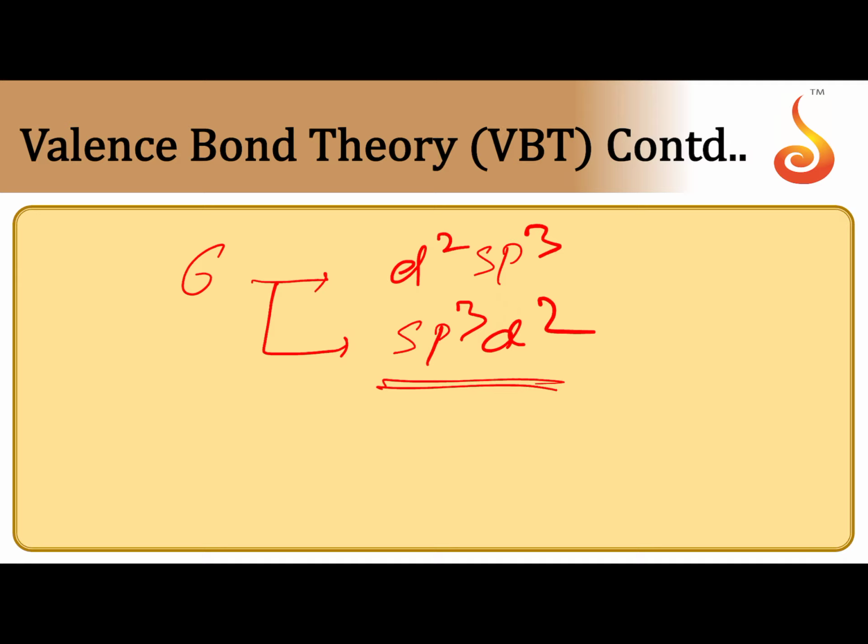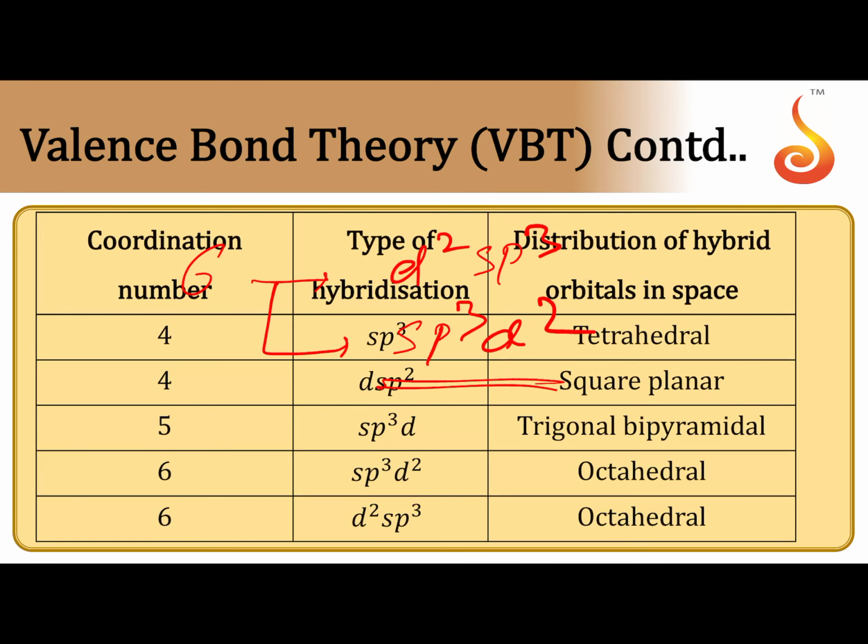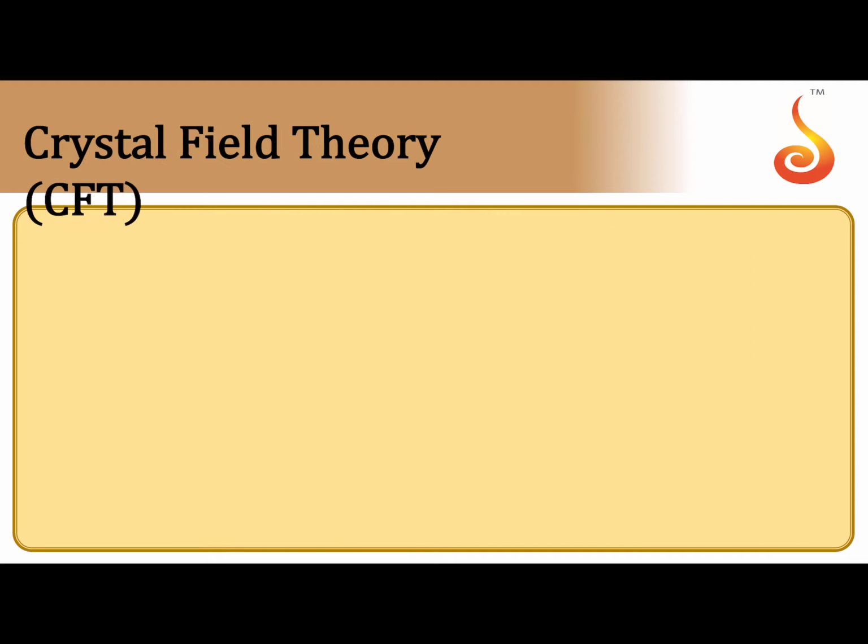So the hybridization: empty orbitals required to accommodate the dative bonds, based on the coordination number, undergo hybridization. When there are 4 empty orbitals, it is sp3 or dsp2 hybridization. When the coordination number is 5, the type of hybridization is sp3d. If the coordination number is 6, it may be sp3d2 or d2sp3. An inner d orbital complex is formed when a strong field ligand approaches, that leads to a low spin complex. When a weak field ligand approaches, an outer d orbital complex is formed, that is a high spin complex.